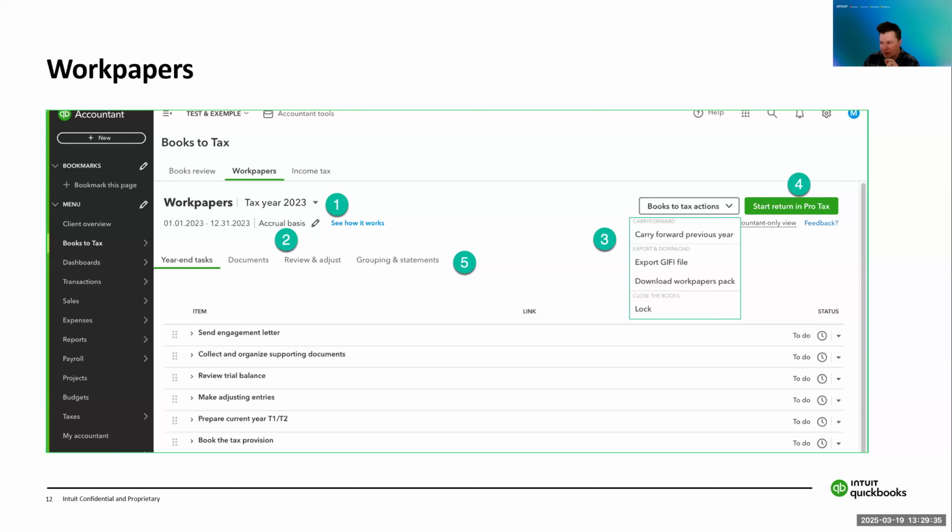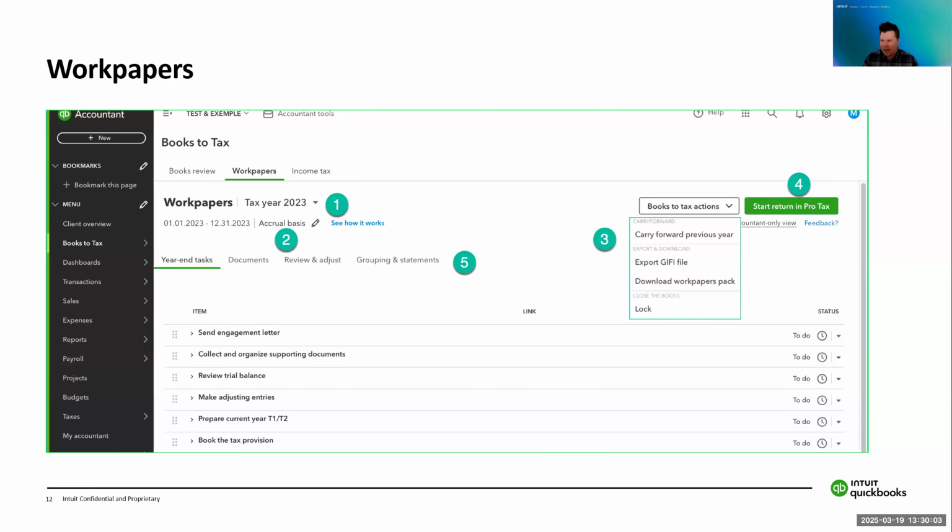We also have documents. Attaching documents is really important to do at year end, and the ability to attach documents is really important when you are working with a client. It is really handy when you're in a cloud-based environment because those documents are available to you 24/7 from anywhere in the world.